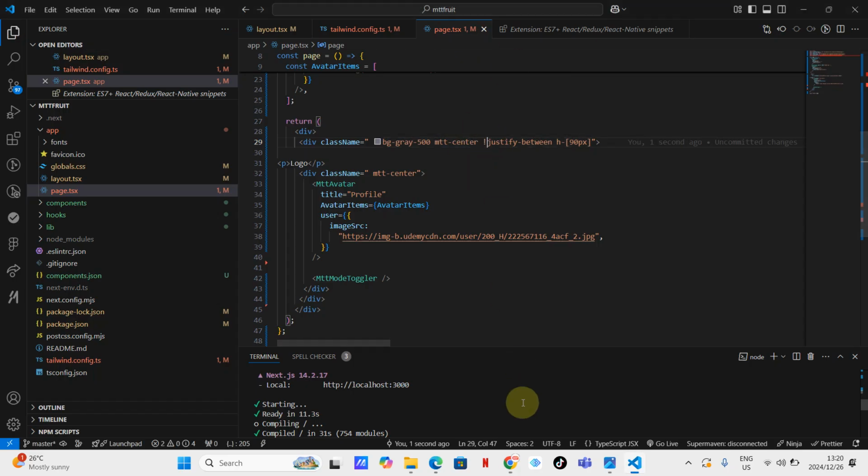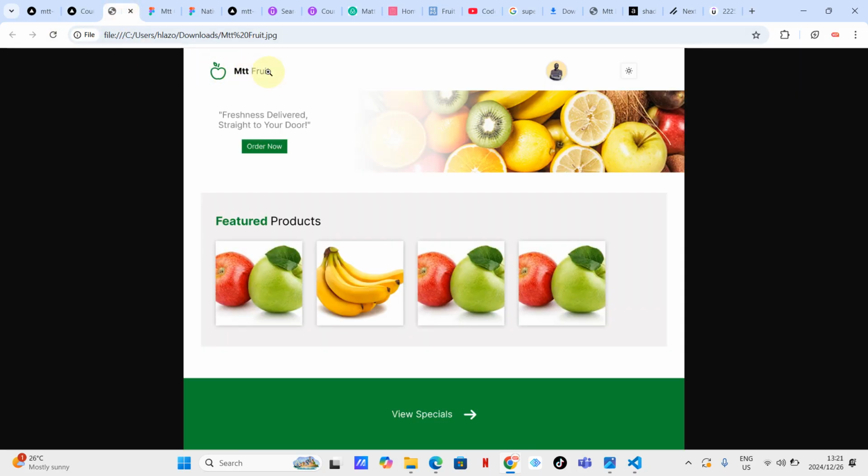So what do I want to do? I want to make sure, am I recording? Yes. Let's go back here and see if there are any changes. As you can see, guys, now that we've justified between, these two guys are almost on the far right and this logo is on the far left. I think this looks more or less like this. It's just that here we have a logo and on the actual UI we don't. So we've got also another Mtt